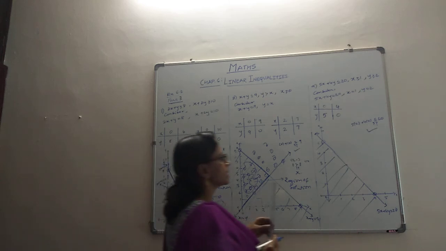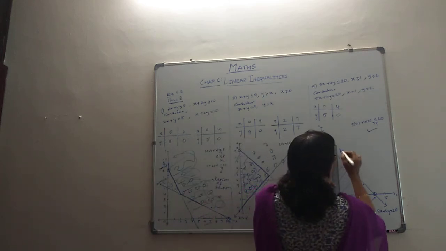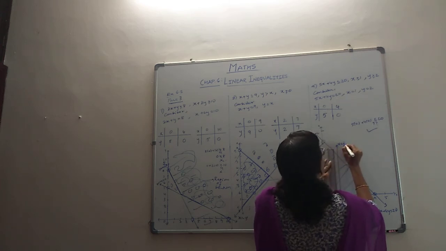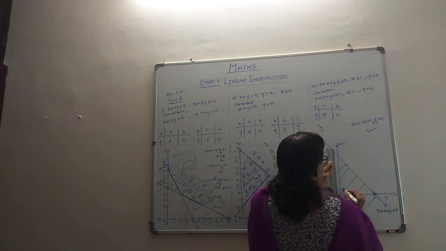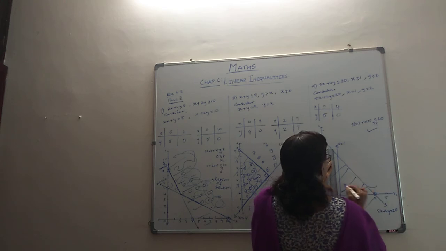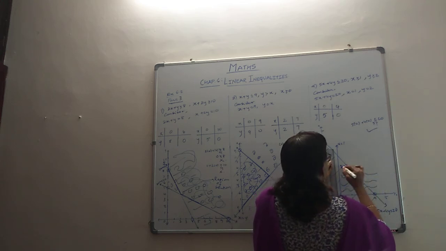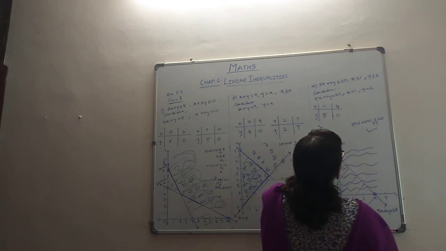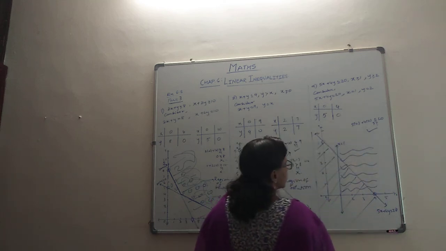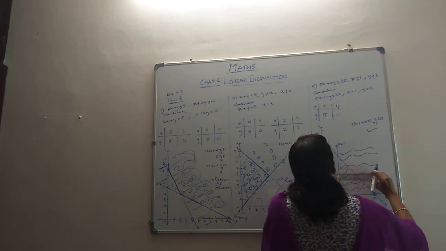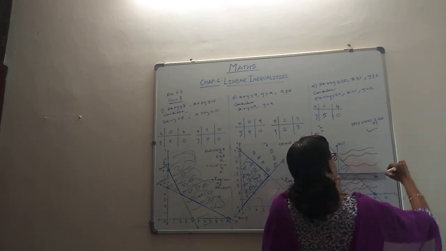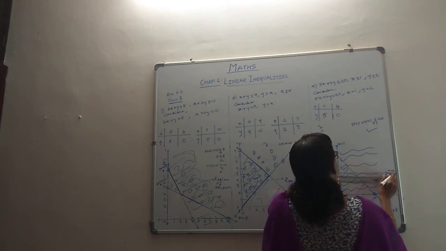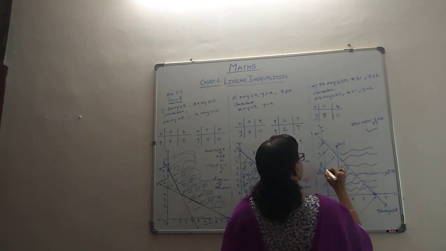x equal to 1 is a line parallel to the y-axis. This is x equal to 1 and x is greater than 1. So we are looking out for everything on this side. Then we have the next, y equal to 2. y equal to 2 is a line parallel to the x-axis. And this is y equal to 2 and you have y greater than 2 actually. So therefore you have all those things above.